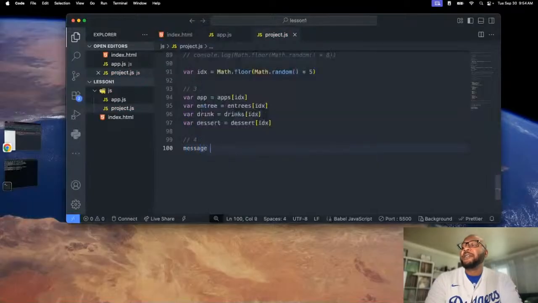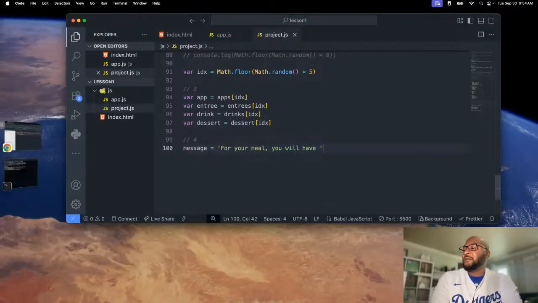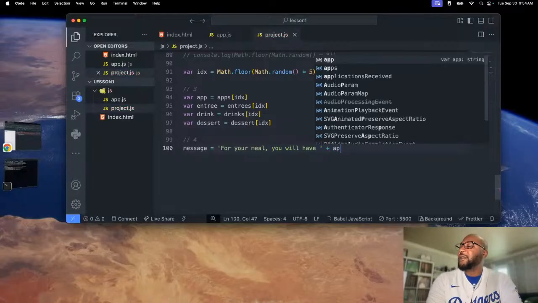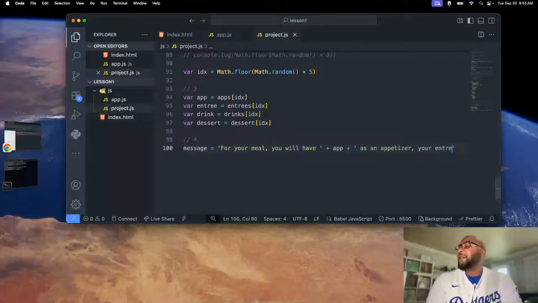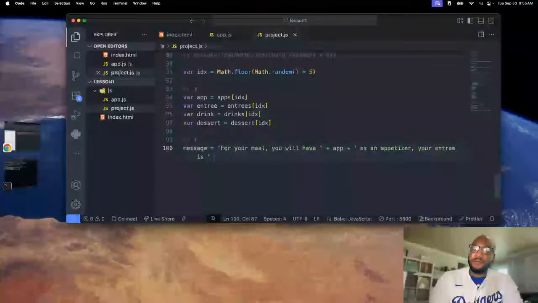So I can say message is going to get for your meal, you will have, put a space right there, and this will be app plus, open my string up, comma, I'll say for an appetizer, your entree is plus, and then entree